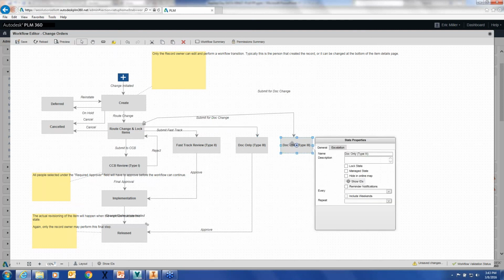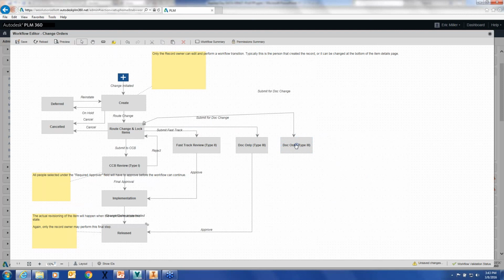And within each of these stages here, we can modify what happens at each of these transitions or who it has to go to, based on the roles that people are assigned to be able to approve these ECOs, and not necessarily even an ECO, but any other type of document. So obviously it'd take me a little bit longer to finish building that, but hopefully you get the idea